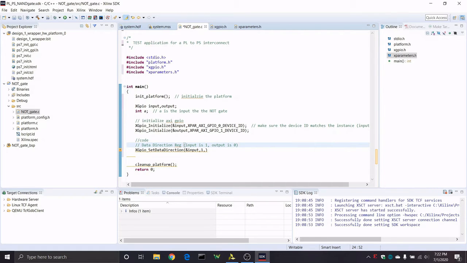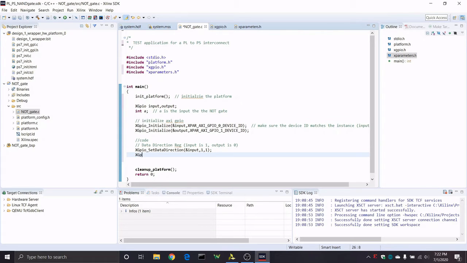So if you had 4 bits wide that are all inputs, you would set it to hex F, and that would say that all of those 4 bits are inputs. Since this first one is an input, we're just going to say 1,